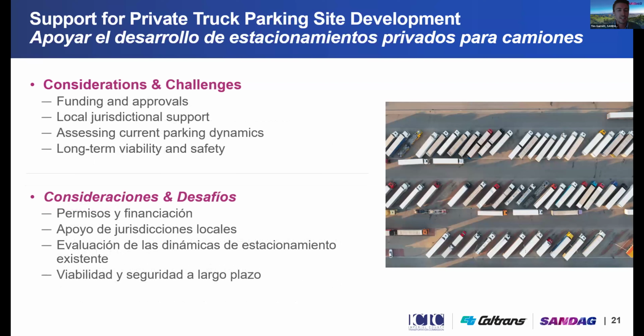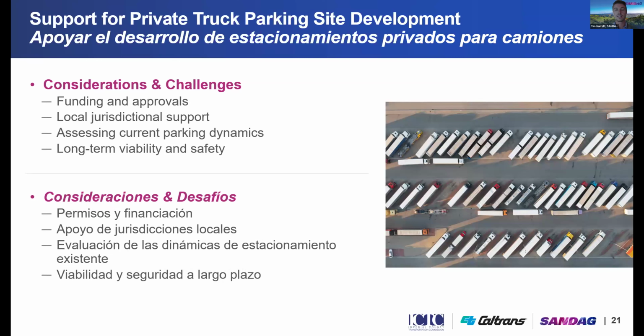Of course, the funding and approvals might be especially challenging, since we're talking not just about publicly administered sites here, but private sites, and what's the appropriate channel for a public agency to support this type of activity. And recognizing also that local jurisdiction support is really important here. This would need to be implemented in close collaboration with local jurisdictions like cities and counties that have the land use authority. Another challenge is